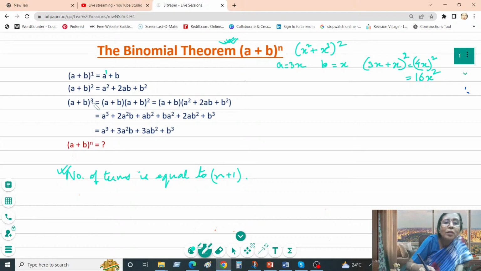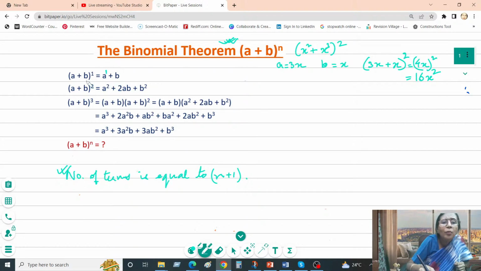Over here a plus b to the power of 3, the first term is containing only a, that is over here. Whatever is written first will be coming over here, and it will be raised to the power of n. Doesn't matter what is the value of n, provided it is a positive integer. I am considering only the positive integers right now. So I am not going into what modifications will be done in case you don't have a positive integer power. I am not going into those details. Okay. So whatever is the value of n will be the power of a. This will be the first term.